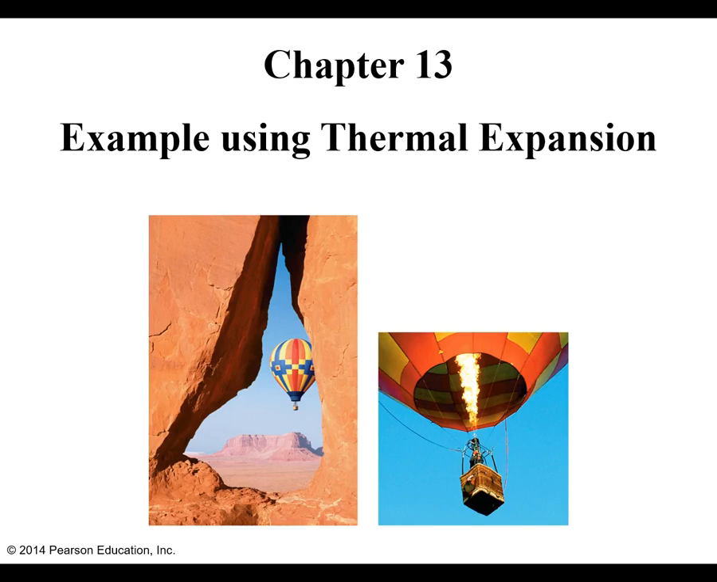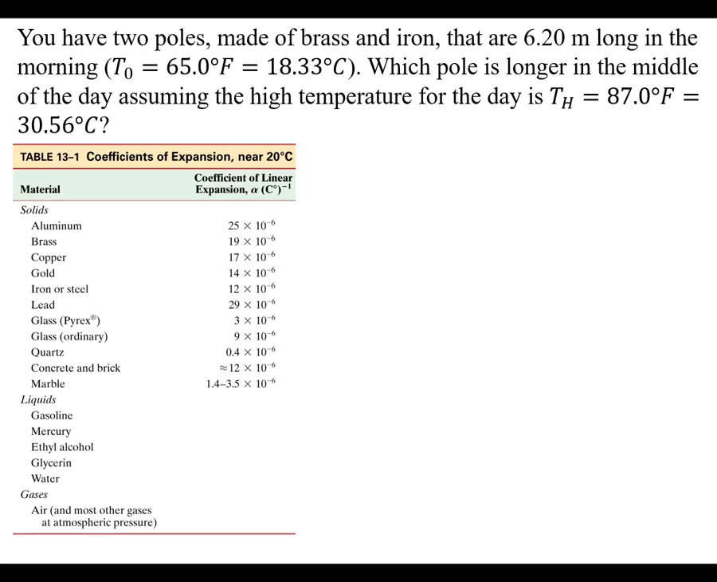We're going to do two examples of thermal expansion in this video. The first is going to be on linear expansion and the second on volume expansion. For linear expansion, let's say that you have two poles, one made of brass and the other made of iron. Each are 6.2 meters long in the morning when the temperature is 65 degrees Fahrenheit, which would be 18.33 degrees